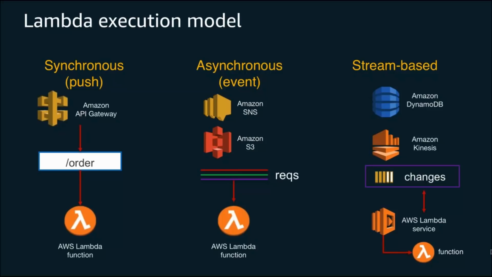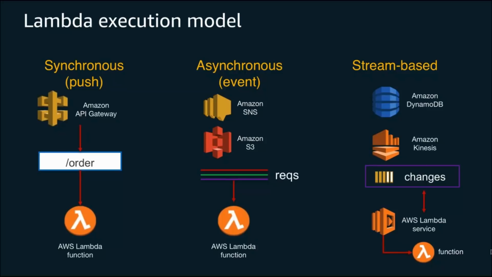In an asynchronous event, we see examples here with, say, Amazon SNS, or Simple Notification Service, Amazon S3, Simple Storage Service, where we get either, say, a message into a topic in SNS or an object put into an S3 bucket, which is going to generate an invocation to our Lambda function. Now, our Lambda function is going to process the event or process the data from the object potentially and do whatever it might need to do, again, based on your business logic. But we're not going to expect the Lambda function to respond back to the originating client of those 2 services. So in this case, this is an asynchronous model. It's just simply going to process the request, and then what you do with that later on is up to your application's logic.